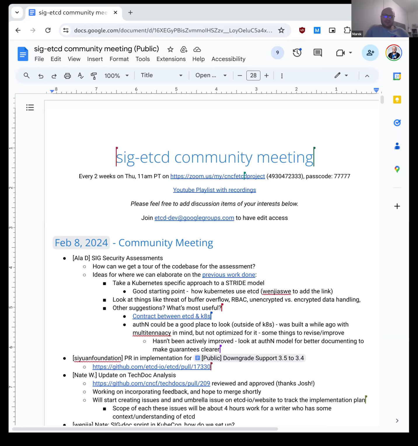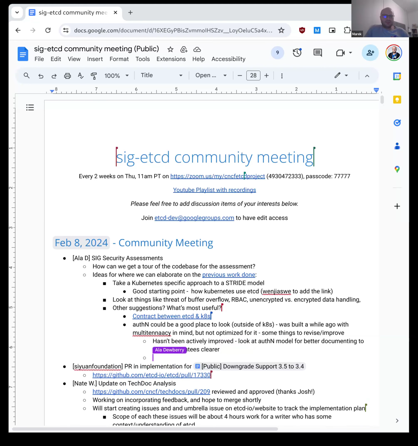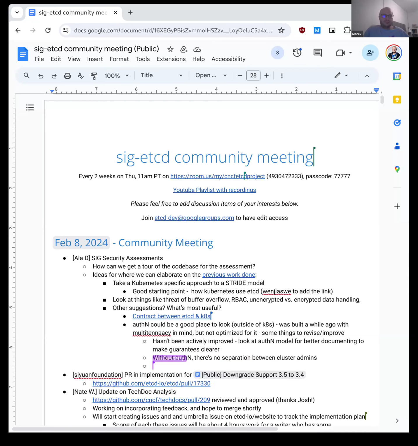Yeah, maybe something that comes closer to Kubernetes is the fact that Kubernetes uses etcd with intention, without authorization. There is no separation of identity between the etcd user and the cluster administrator. So technically, the model is just based on etcd. No one is really accessing etcd, and also Kubernetes being the